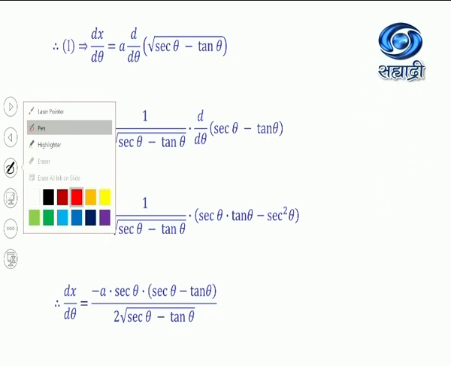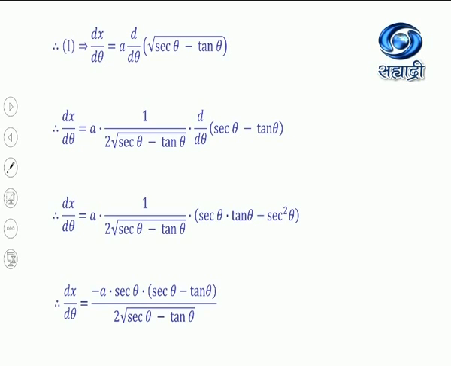So here the same thing is given. Here sec theta minus tan theta upon its root, so we write it in this way: under root sec theta minus tan theta. Now these terms remain the same: minus a sec theta as it is, 2 as it is. Now bracket upon its root becomes root. And we write this and we denote it by equation number 3.